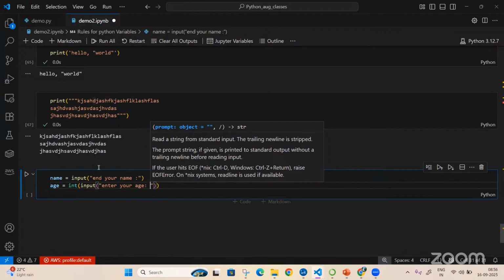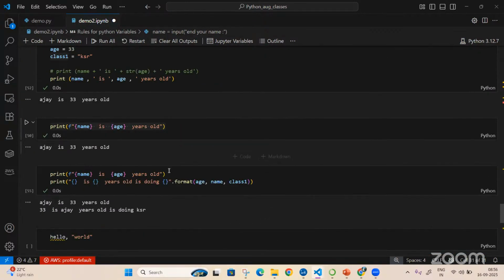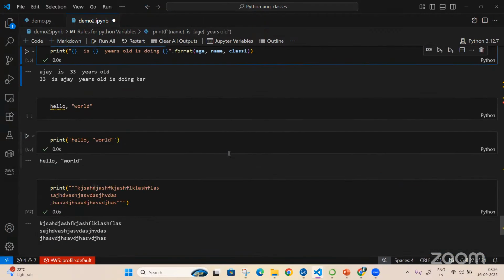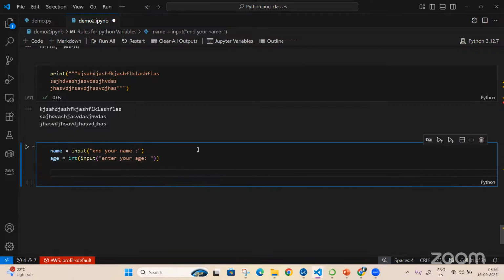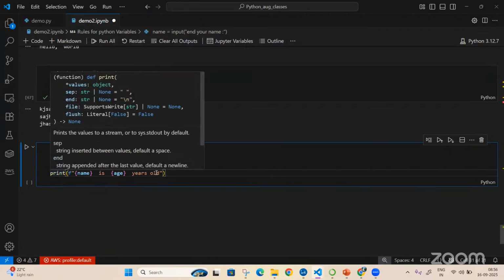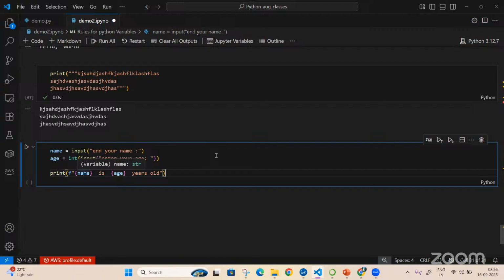I'm introducing name and age, and I'm printing this here. I defined my variable. I said name, I said age, and I'm printing the same variables. But one thing I have added along with my variable is something. What?